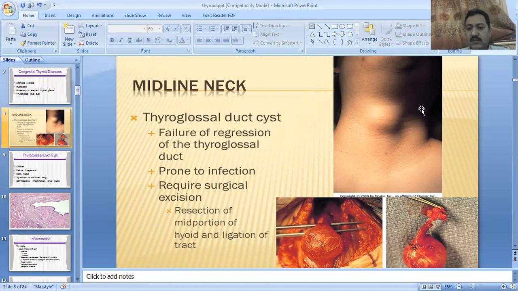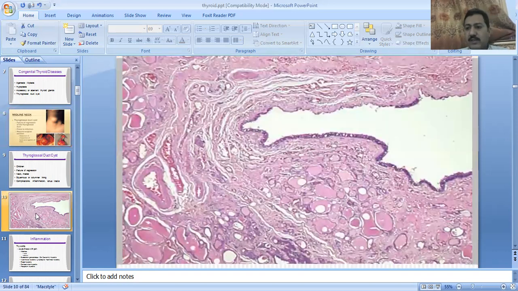This is the cystic condition, and it is filled with serous fluid. Its removal is mandatory because it produces difficulty in breathing, produces pain, and will be prone to the infectious process. That's why it should be removed surgically. When it is removed, you can see its histological features.